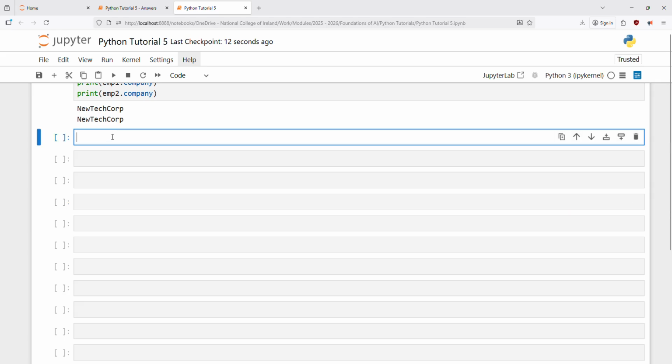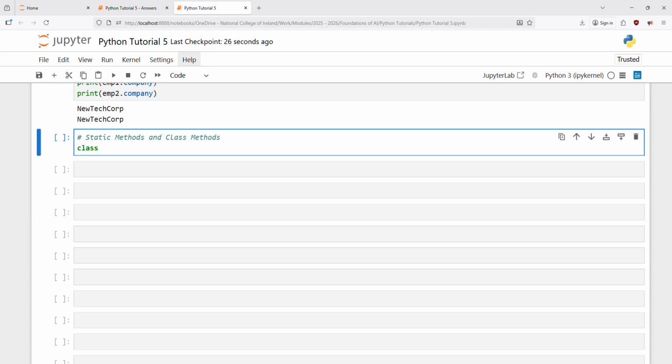So then now we can look at static methods and class methods. So let's create an example here. Class calculator. Static methods and class methods. Static methods, you can call the method without creating an instance. So if we have this calculator class,